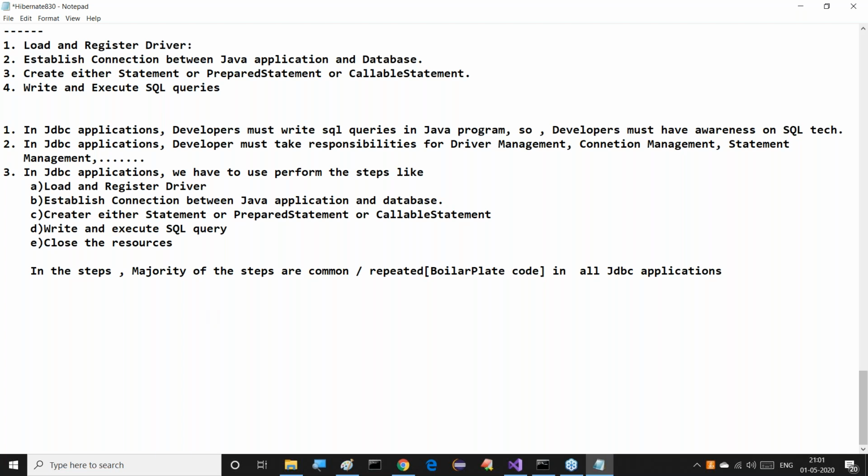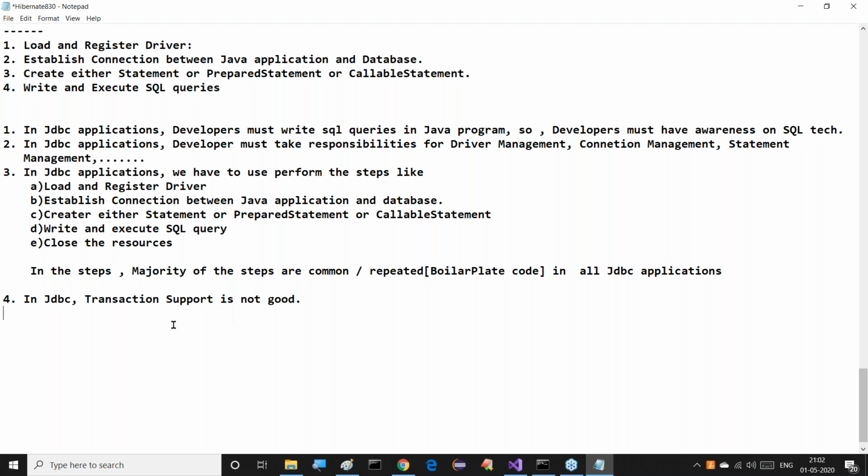Observe this clearly. In JDBC, transaction support is very less. It's not good. Instead of saying it's less, I'm telling transaction support is not good. Just half of the transaction support is available. If we want to get transaction support effectively, either we have to go for Hibernate or we have to go for Spring. Spring is ultimate. Spring is providing very good transaction support. So this is one point here.